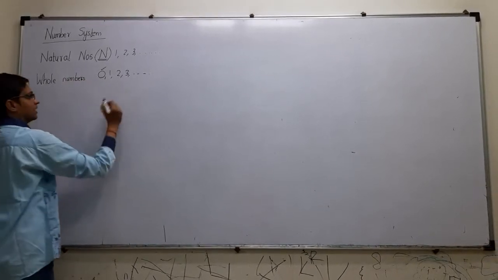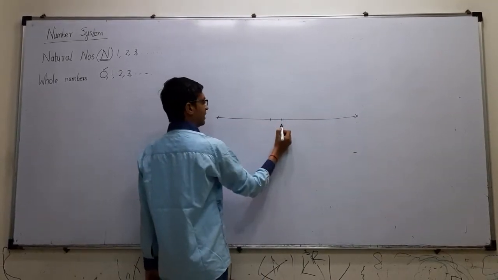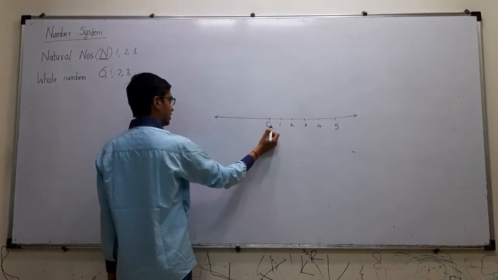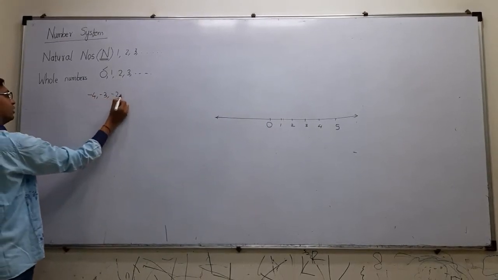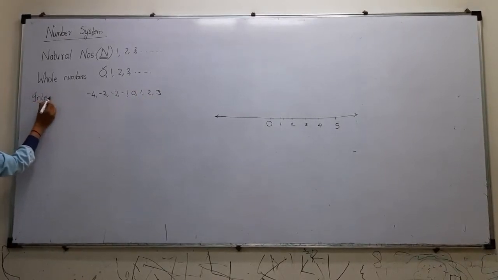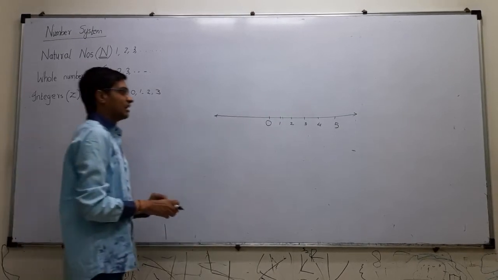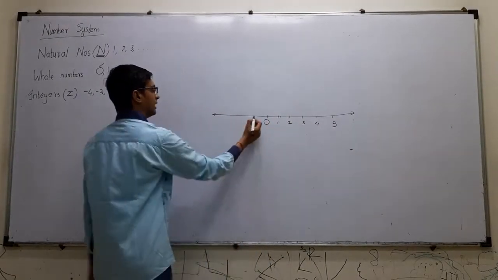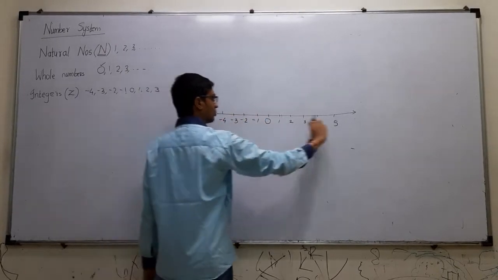Then, I'll draw this on a line. I hope you remember this line. We first had 1, 2, 3, 4, that is natural numbers. Then we introduced 0. Now if I talk about negative numbers also, meaning I want to move on the left side also, then they are called integers. Integers are denoted by Z. So we first started with natural numbers, positive on the right side, then we came up with 0, then we came with negative numbers. So this is called an integer line.